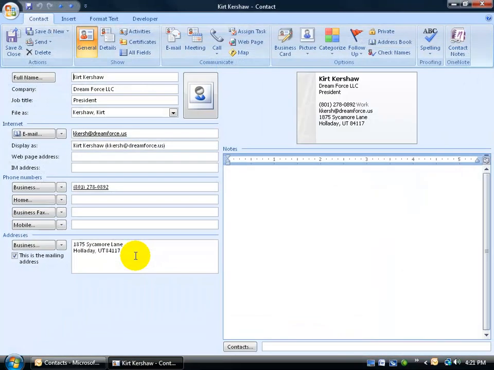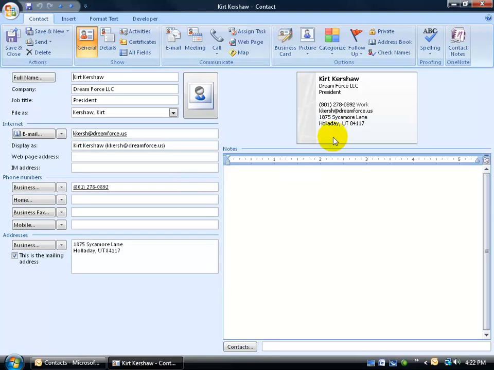Now again, keep in mind, as we discussed in previous training videos, when you forward on the contact, make sure that you only put in here what you want other people to have access to or be able to see. Don't put in personal notes. So what I've done is I created a contact that just contains only the stuff that I want other people to see. Now to make it look nice, I want to come up here and edit the business card,